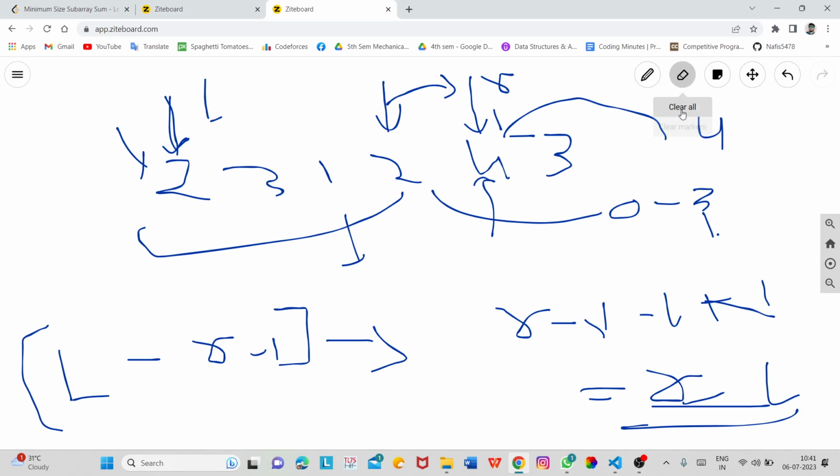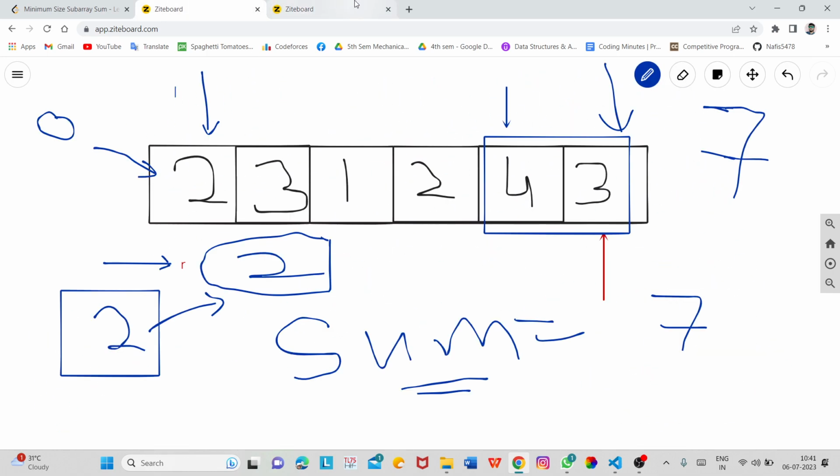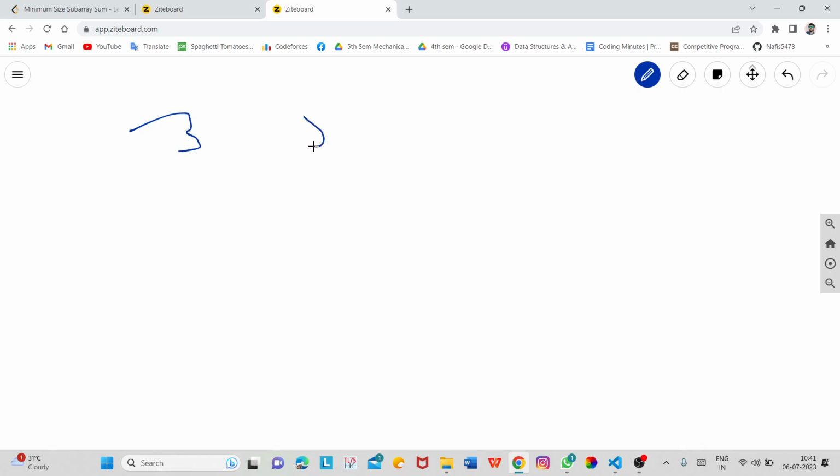It can be understood in a better way with an example: 3, 2, 1, 2, 4, 3.